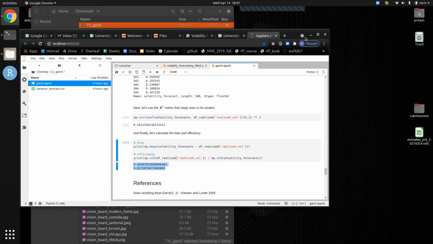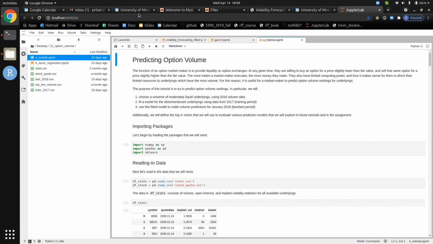In that case, let's proceed to talk about option volume prediction. We already went through this tutorial, but I thought I'd just do it again because it's been a couple of weeks, just to refresh it. All right, so